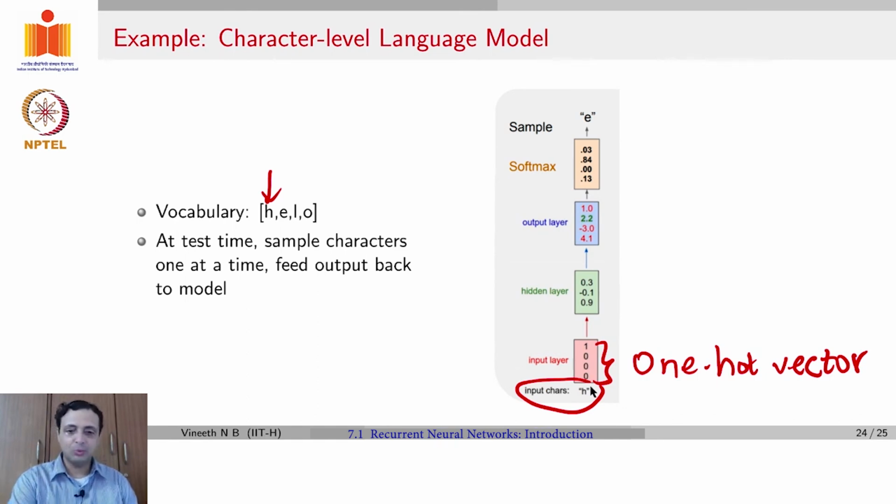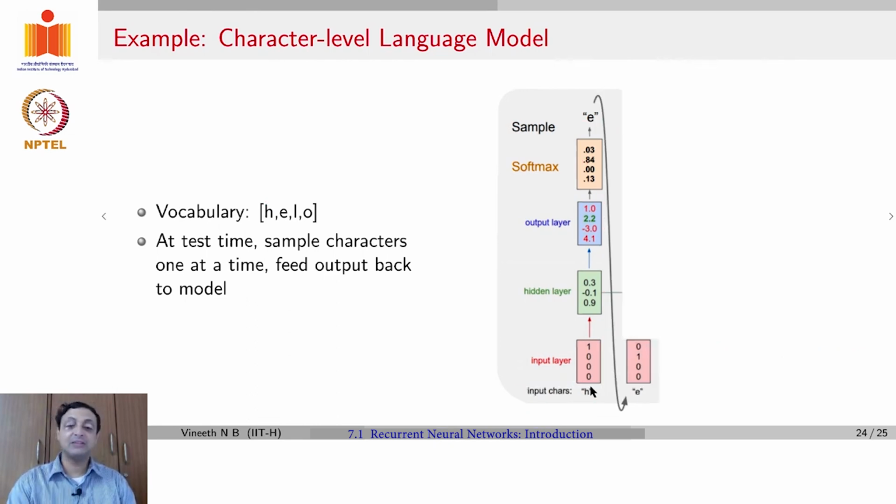And given that as input, let's assume that you have a hidden layer, you have an output layer, and let's assume that the output layer had these set of outputs, and doing a softmax, you end up getting a certain set of probabilities where the second one has the highest probability, which means you're going to predict the next character as E. Now this character is given as input to the next time step. Remember, we just said the Y1 is given as input to the next time step as X2. So E, because of position of E as the second index in your vocabulary, will be given by one-hot vector